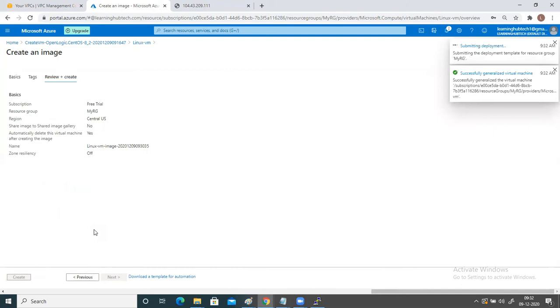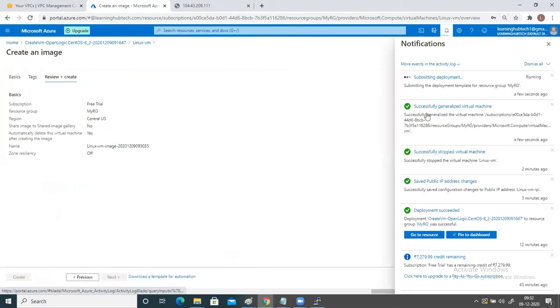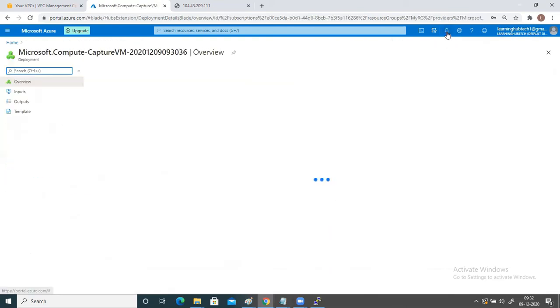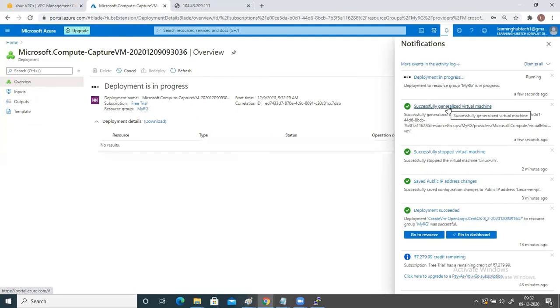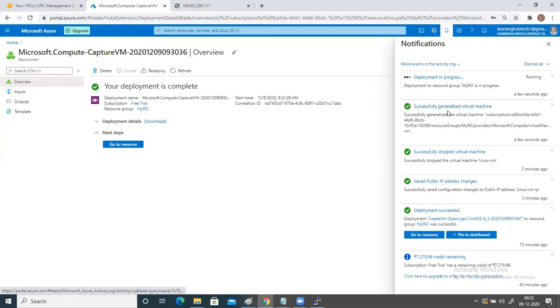So whenever it creates an image, there are a couple of steps involved. The first step will be generalization of your virtual machine. What is the generalization step? It means it is preparing your virtual machine to create an image out of it. If you remember, in Windows we used to do sysprep before creating any of the image. So this is like a sysprep here. So first it generalized the virtual machine. Okay. Now